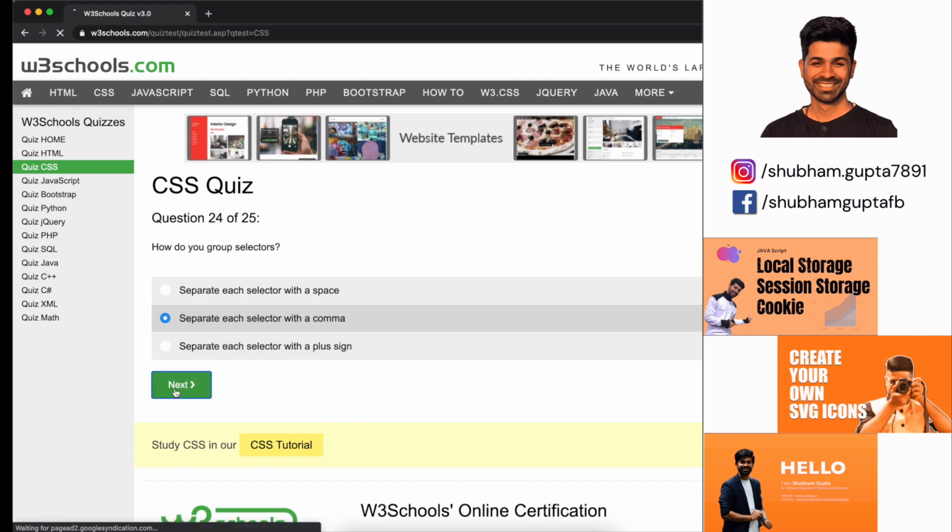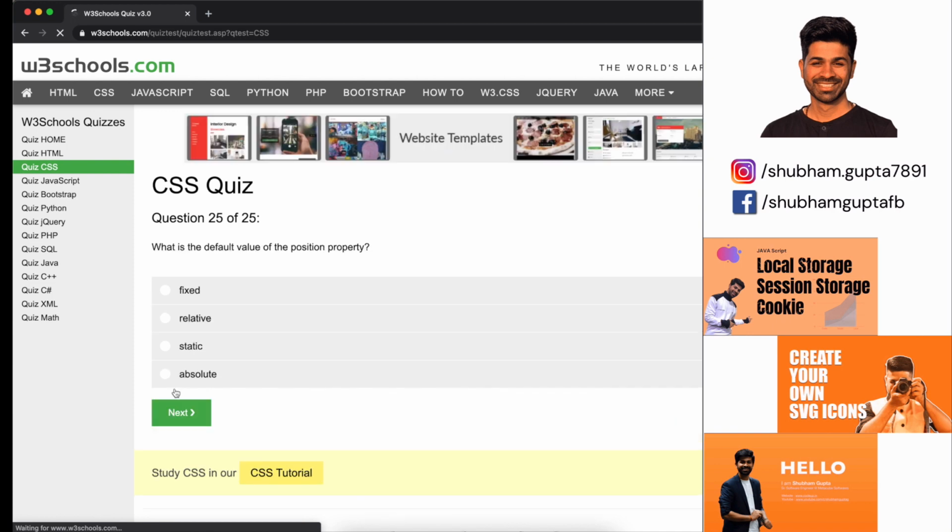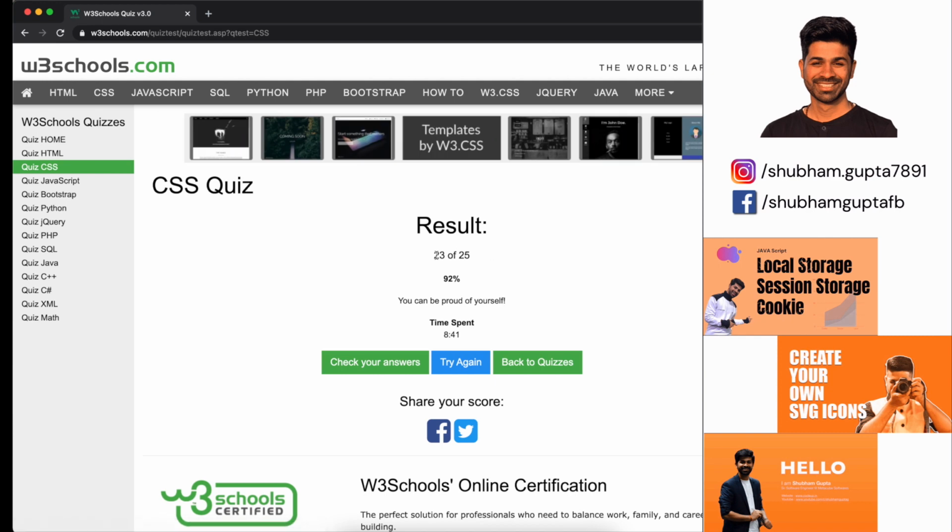Let's jump to the last question and fingers crossed. What is the default value of the position property? Fixed is not the default, absolute is not the default, relative is not the default, so I go with static. So next. Oh my god, 23 out of 25 are right. So time spent is